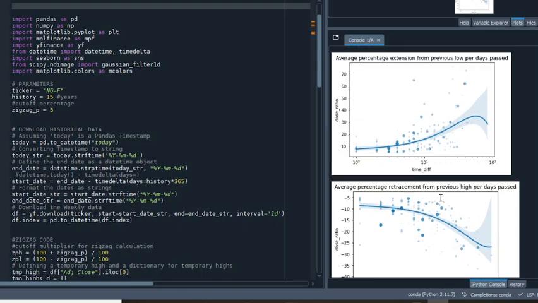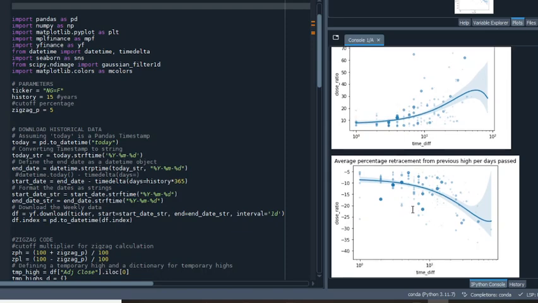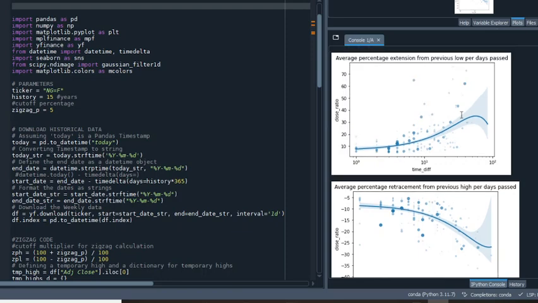It can be useful to evaluate if the percentage difference is in line with the time which has passed since the last pivot. So in case of a previous low,